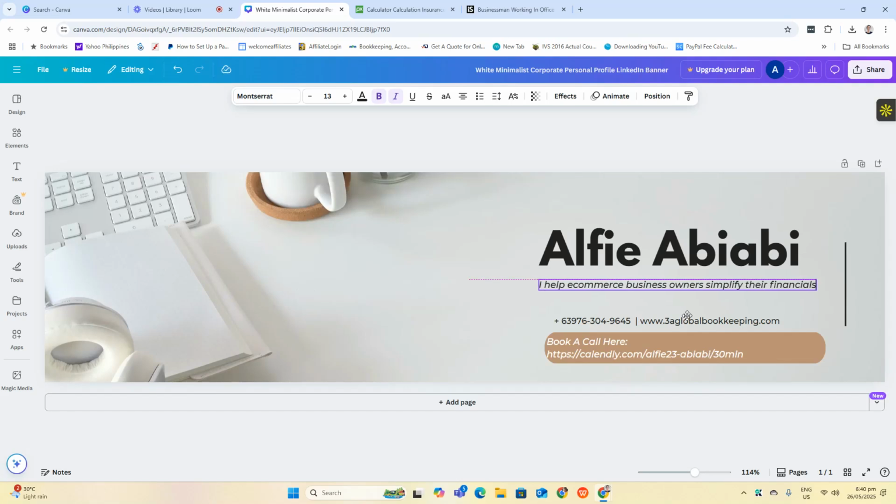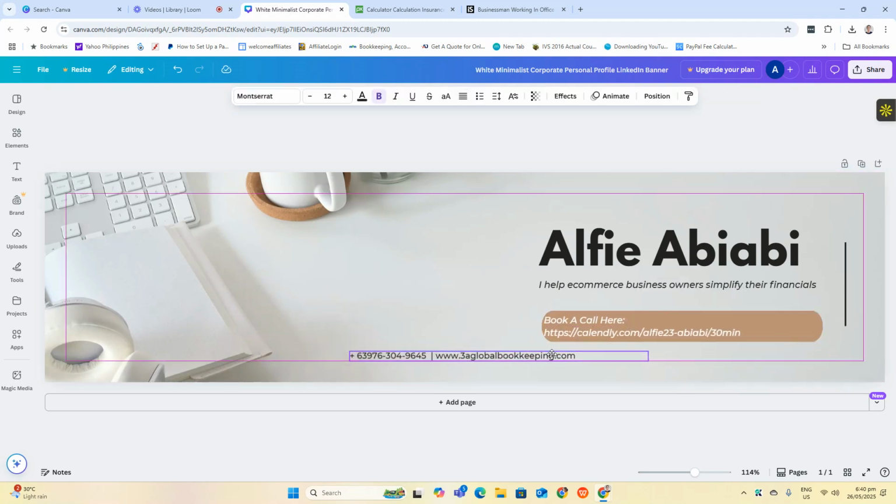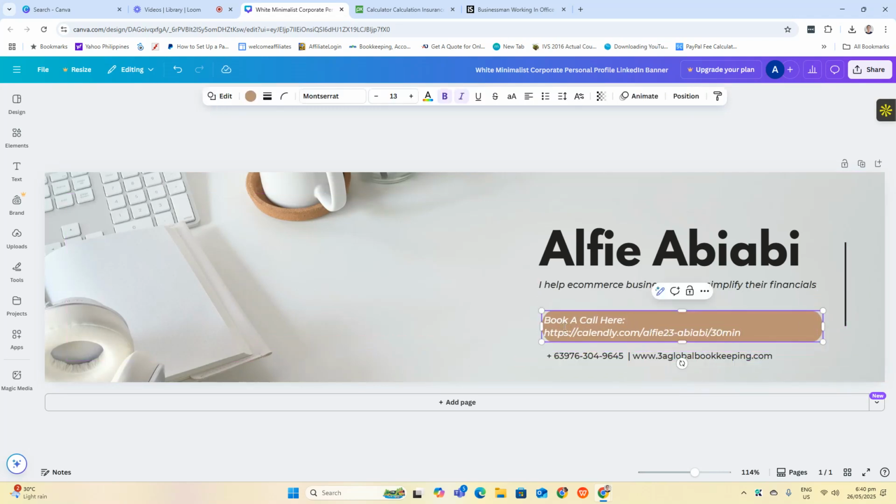You don't need any fancy design. You just have to do it. Okay. And then I think I have to place it here. And then this one below, book a call. I'm going to this one.